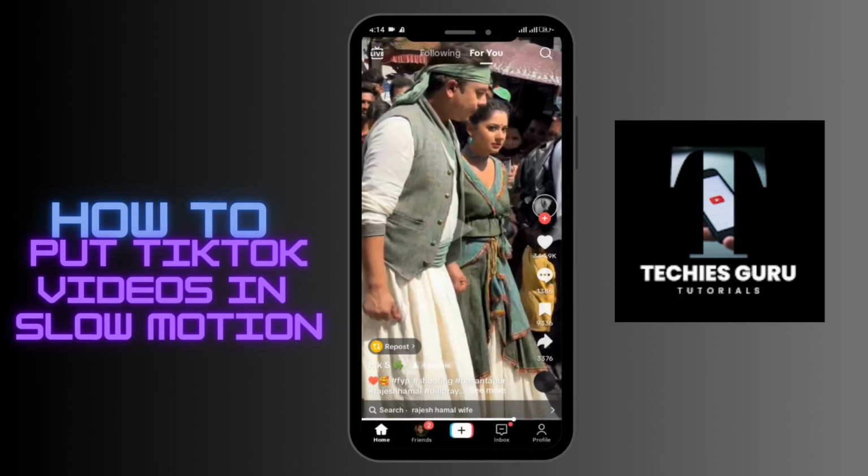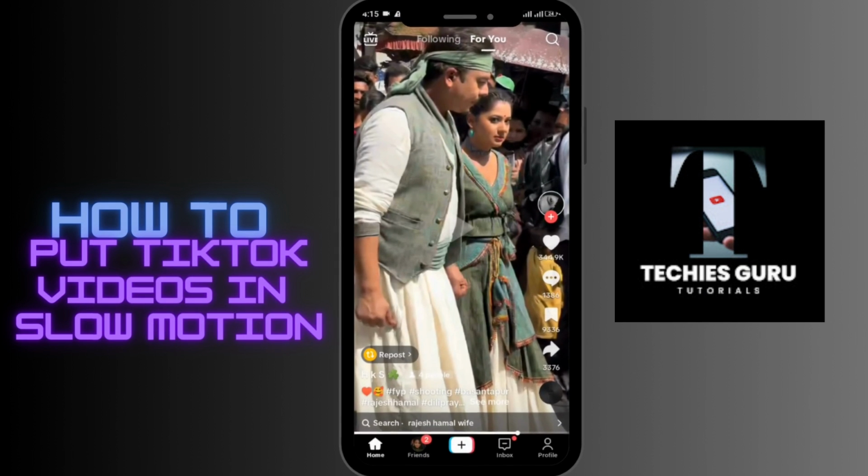How to put TikTok videos to slow motion. So if you want to view some of the TikTok videos in slow motion, then this video might be helpful